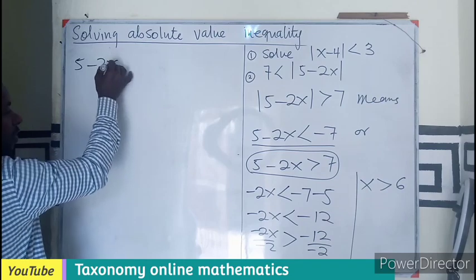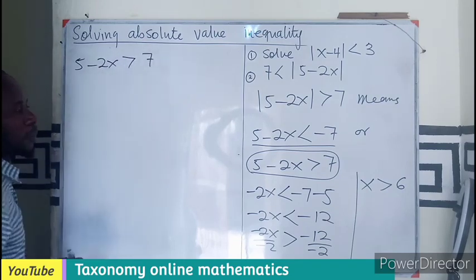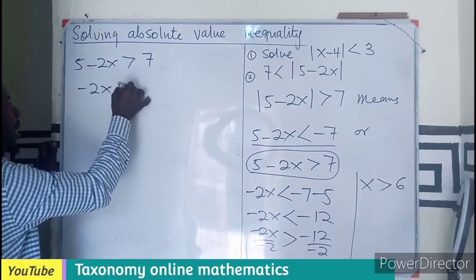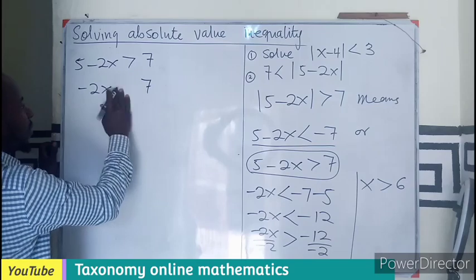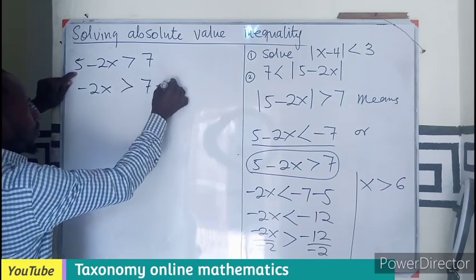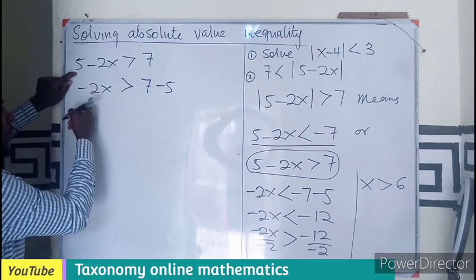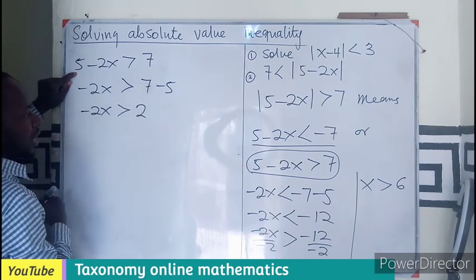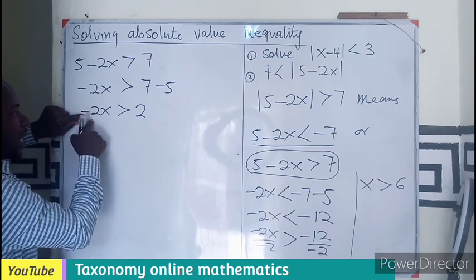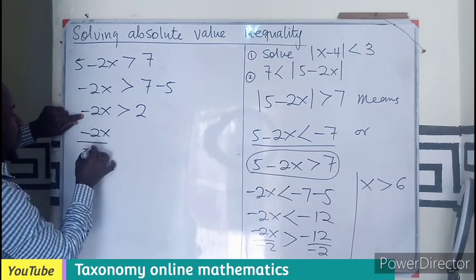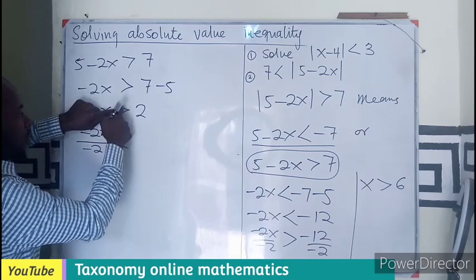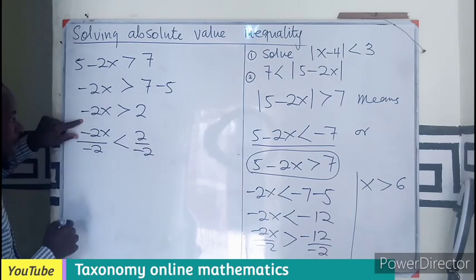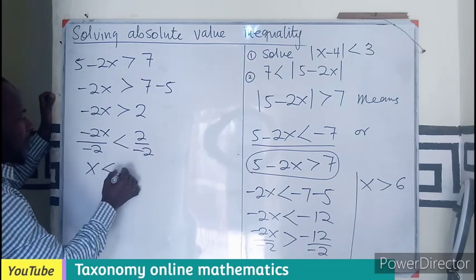5 minus 2x should be more than 7. In this way also, we keep our negative 2x greater than 7. Then we subtract 5 from both sides. So this will give you negative 2x greater than 2 per the subtraction. We still need to divide through by negative sign. So negative 2x over negative 2, the sign will change from greater to less than, 2 over minus 2. So what happened here? You get your x less than